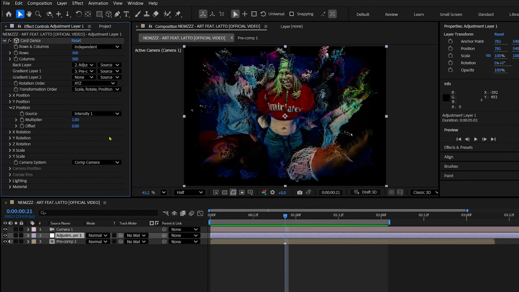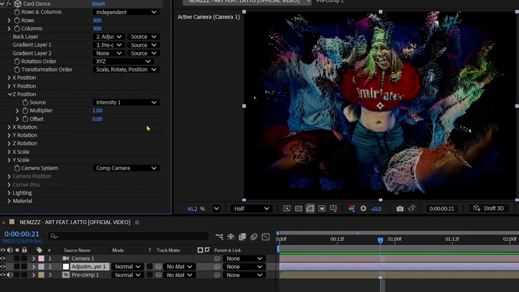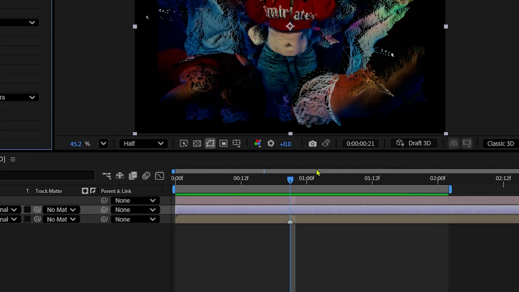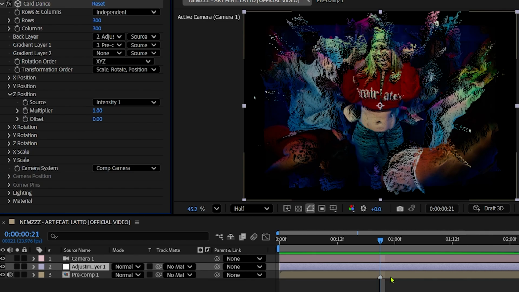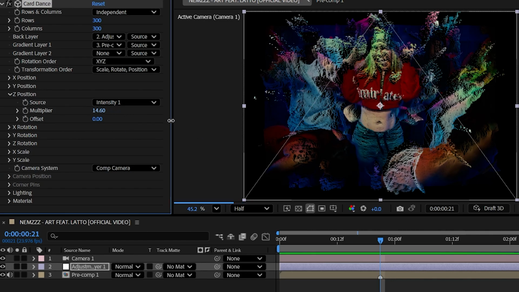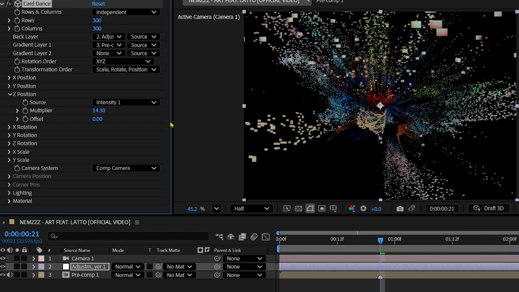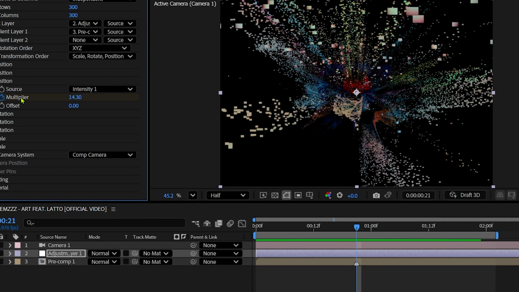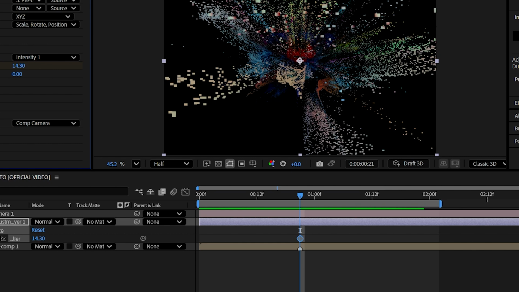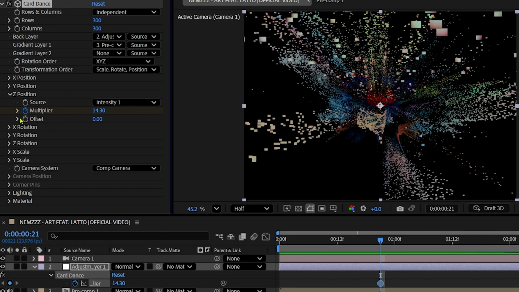Now for our animation segment. In our Z position, make sure the playhead is still centered. We're gonna increase the multiplier, no particular number in mind, maybe like a 14ish. Cool beans. Then we create a new keyframe. Click here on the adjustment layer so we can see our keyframes. For offset, create a keyframe and let's do